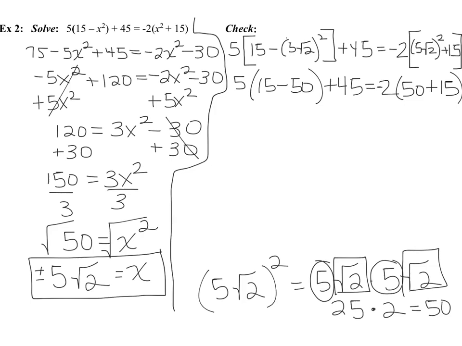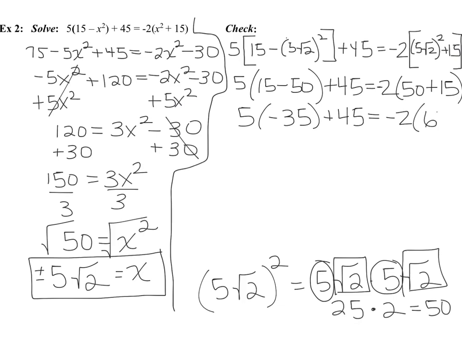And now from here, your check is just a normal check. So do what's inside the parentheses first. 15 minus 50 gives me negative 35. So I'm going to have 5 times negative 35 plus 45 equals negative 2 times, do 50 plus 15 inside